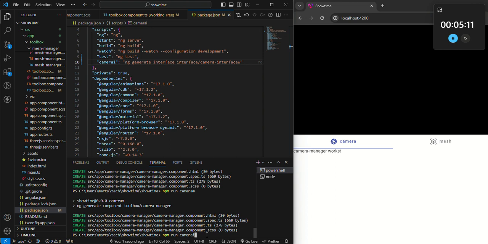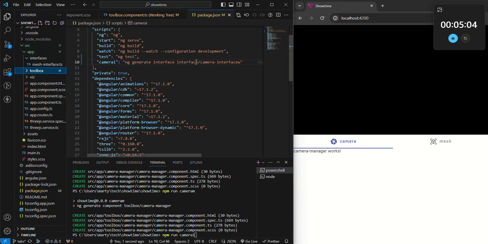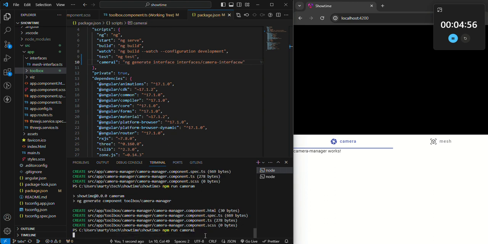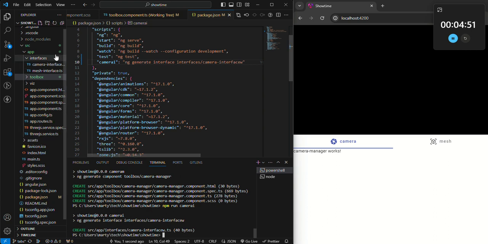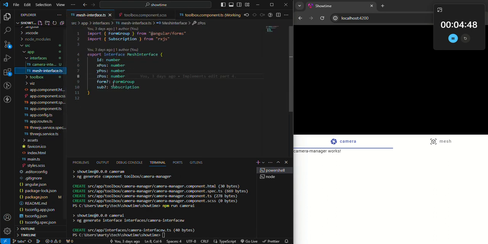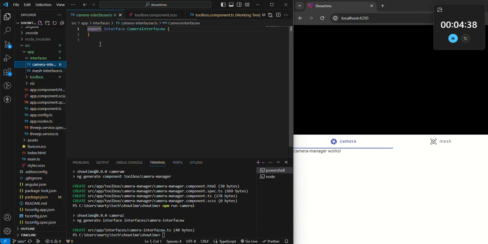Camera I. And that was interface, or was it interfaces? Oh, it's interfaces. So now we have our camera interface. And so we have our mesh interface. So we probably want to just copy this just to ensure that we have, well, I mean, we already have that. Okay, so camera